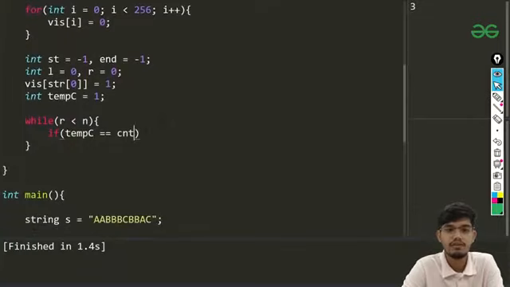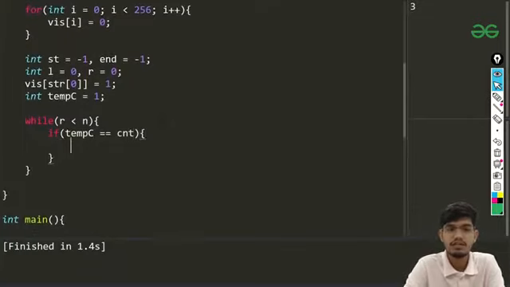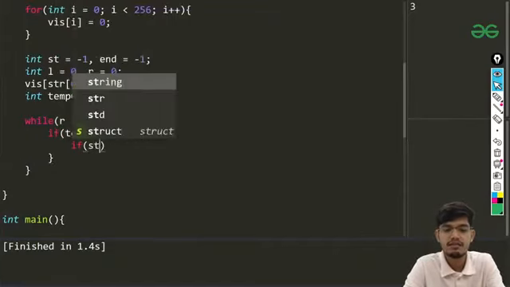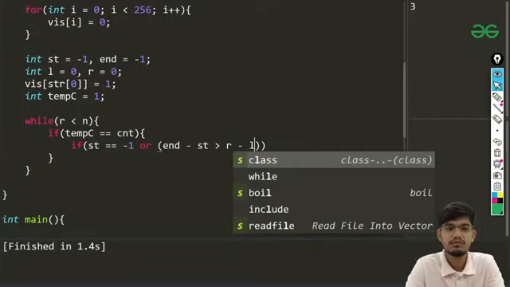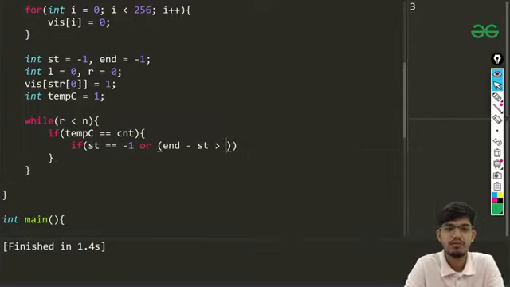Okay, and in this condition I'm going to be checking that if my start equals to -1, which means it is a start, or n minus start is greater than r minus l.